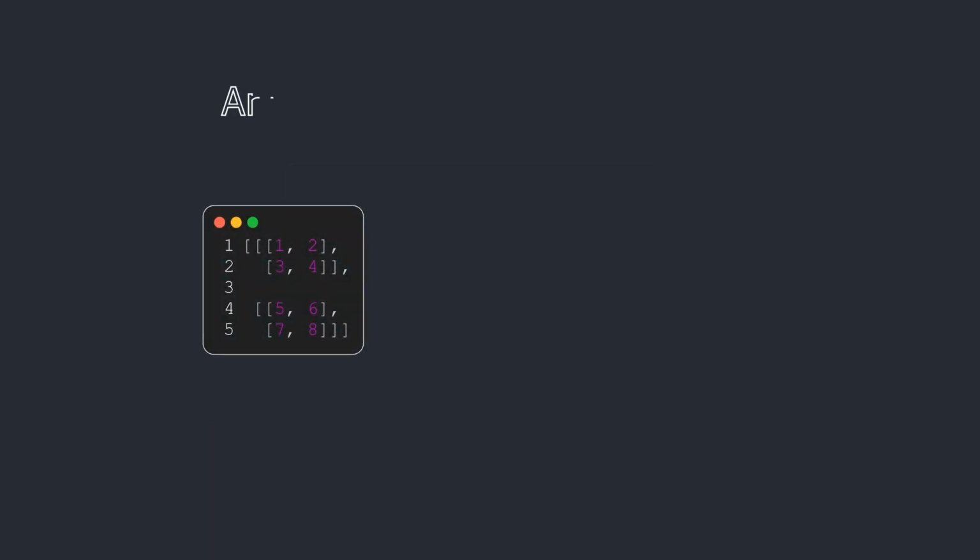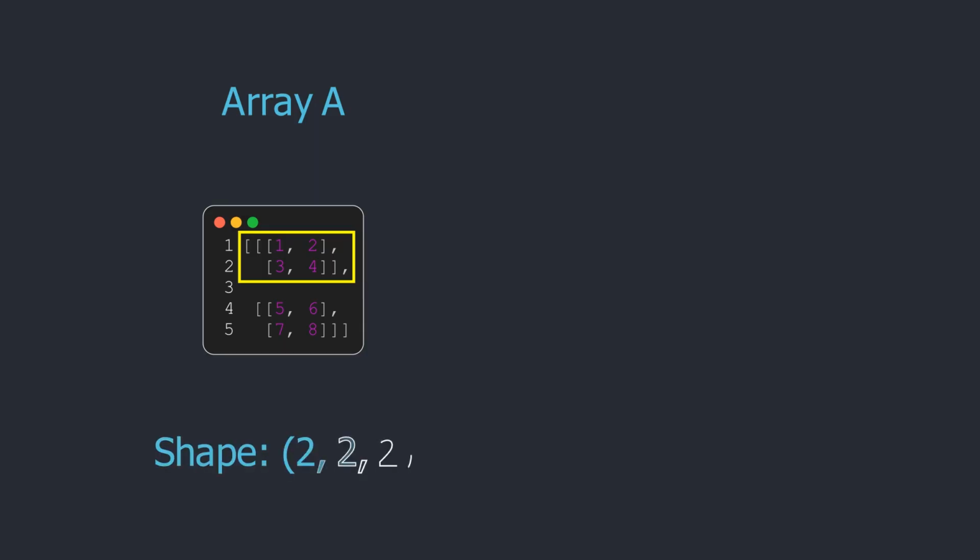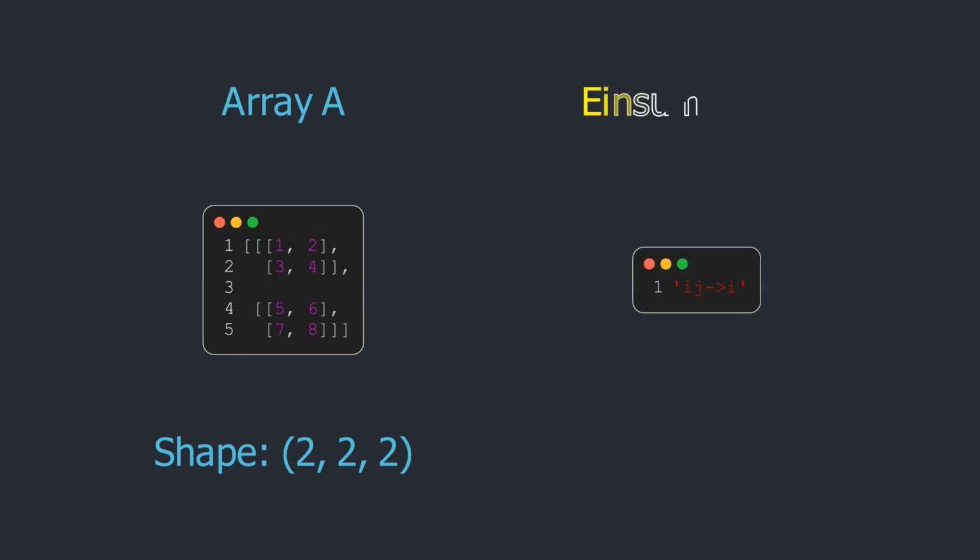Let us inspect our specific input data, array A. It creates a 3D block: 2 layers, 2 rows, and 2 columns. The shape is (2, 2, 2). That means we have 3 axes to account for. Now look at the code you wrote,